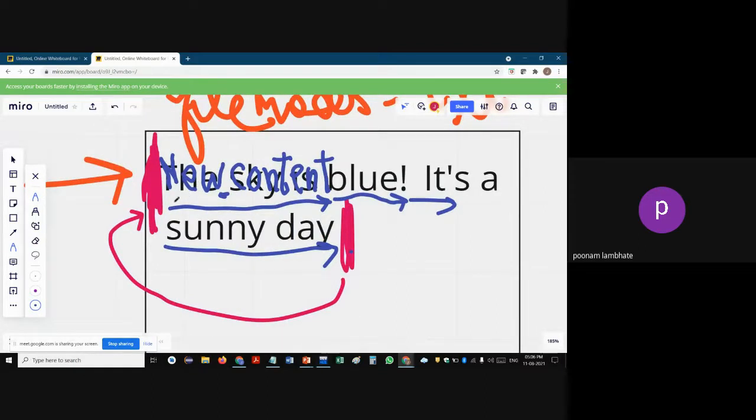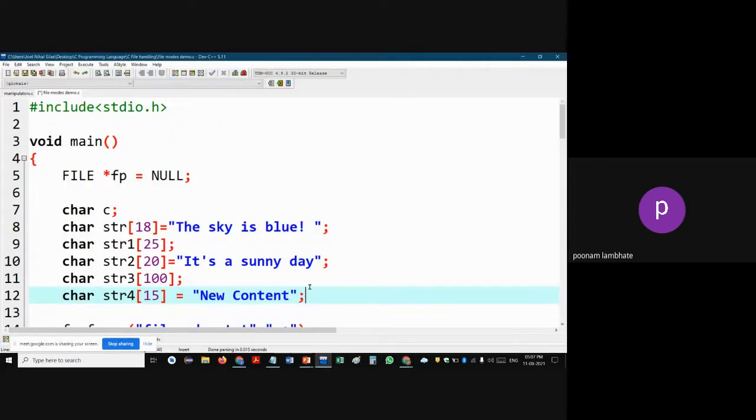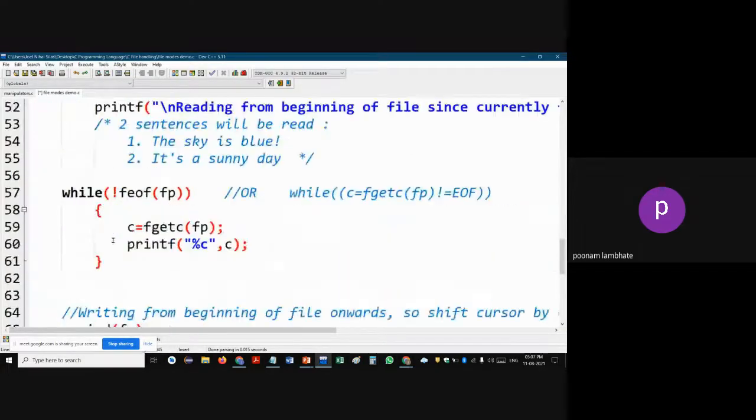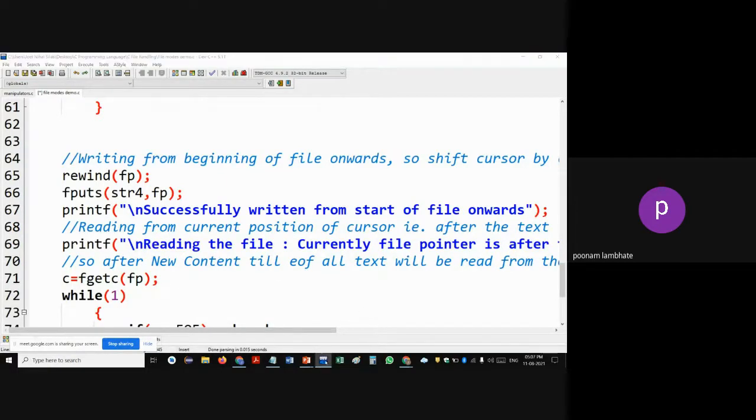So what has been erased now? What was already existing was the sky is. This much has got replaced by new content, right? I have written that, new content has got replaced, right? Now after writing this, I want to read the content of my file. So now what will happen is,